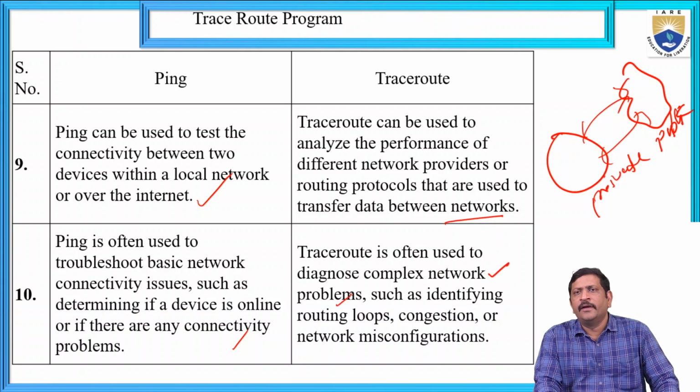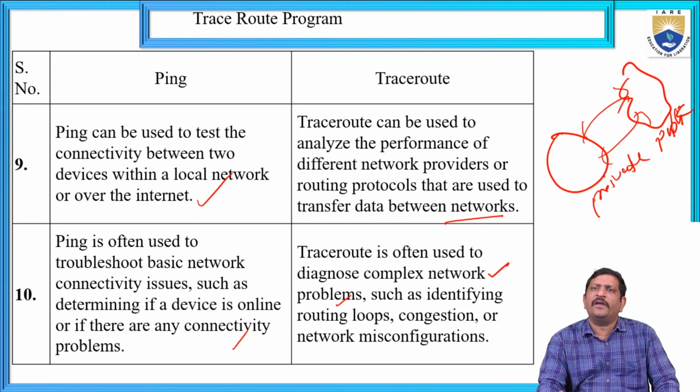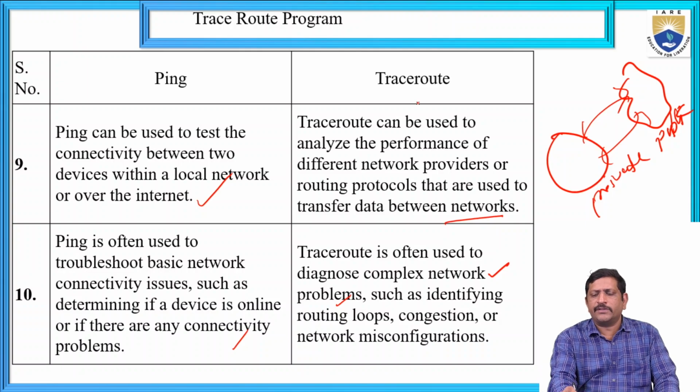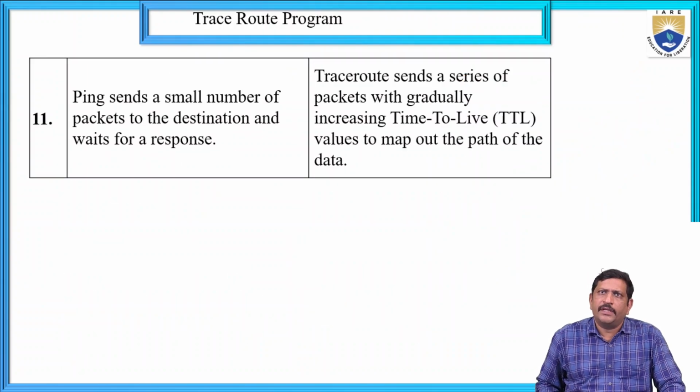If there is any networking complexity, whatever type of complexity exists in a network, it can be identified or traced out with the help of traceroute, such as any looping, any congestion, or network misconfigurations, which can be very effectively identified with the help of the traceroute command. So next, the difference is